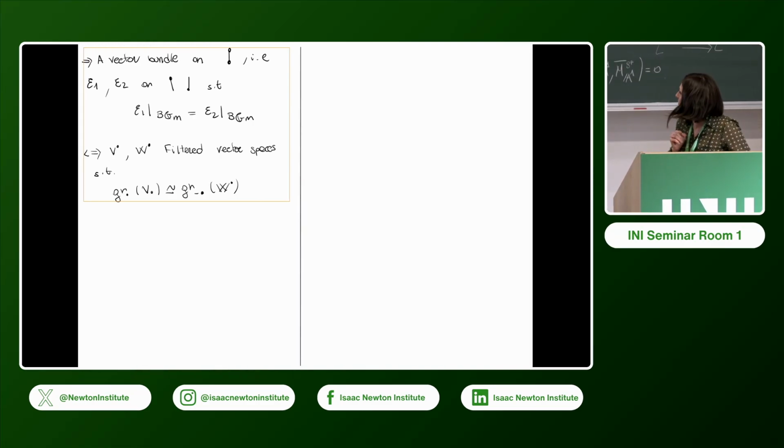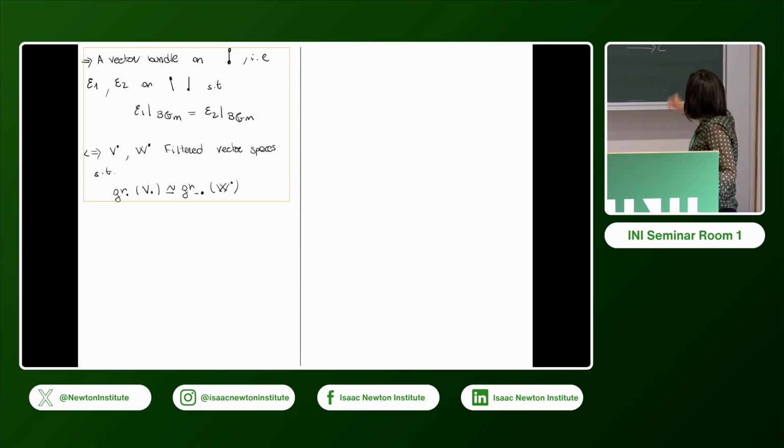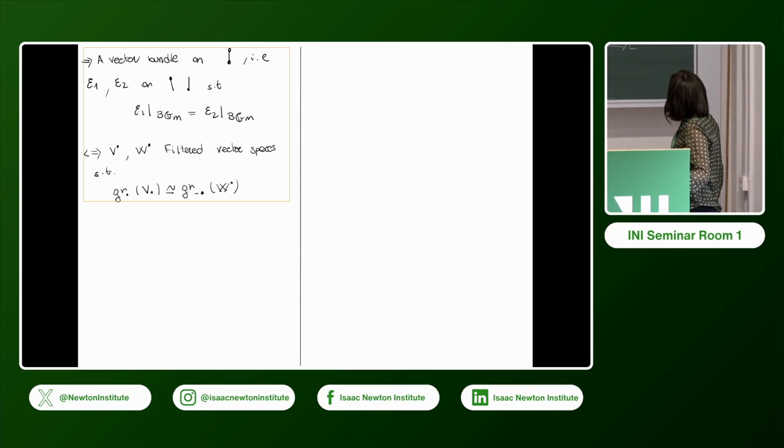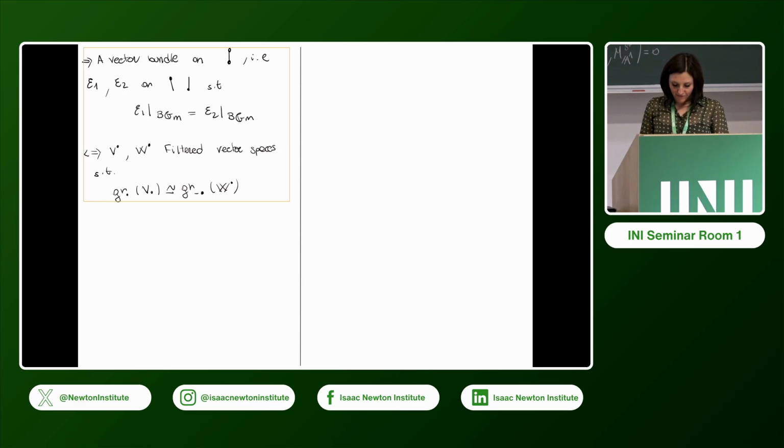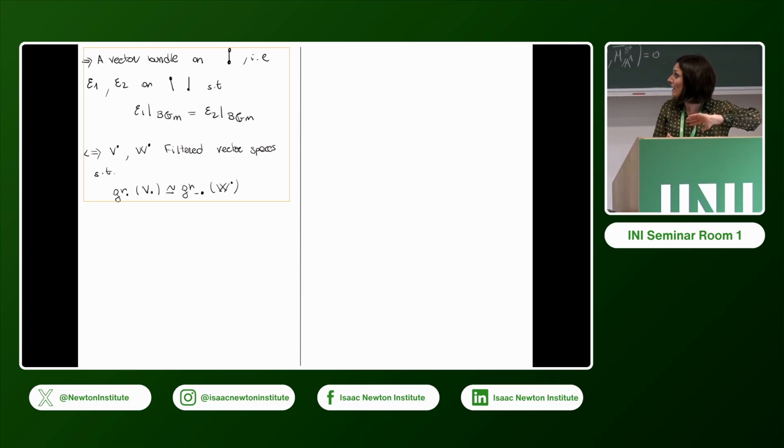And now we can also see what these vector bundles up to homothety are on our edge, on our curve gamma. As before, let's first think about what a vector bundle is. Well, I have to give you two vector bundles on A1, which means two vector spaces, and then I have to give you an identification of these two vector bundles on the closed point, on the BGM, which means I have to give you